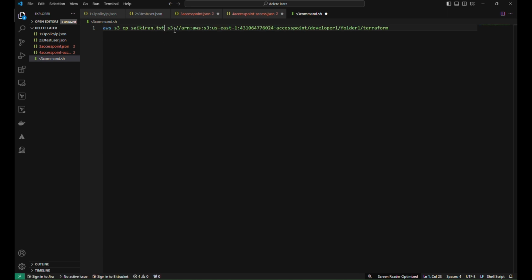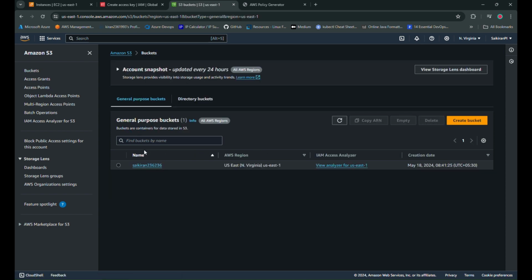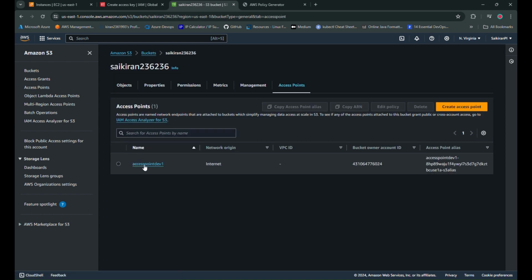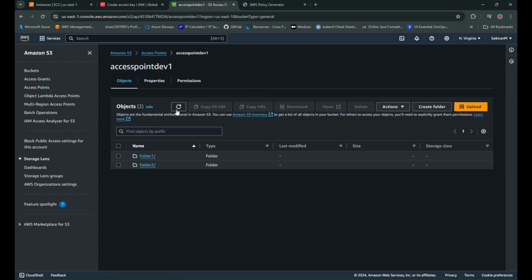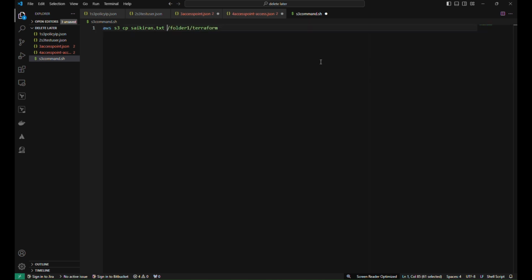I'll paste here the S3 ARN. Make sure you're pasting the proper URL here. Not the ARN, you have to paste your ARN. Come back to buckets. This is my bucket, access point, my developer access point. I'll go to properties. See, this is my URL. I'll copy it and then paste this. Folder 1, yes, this is the object of mine, and my file name is